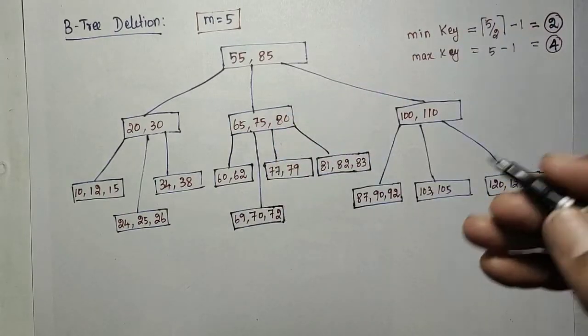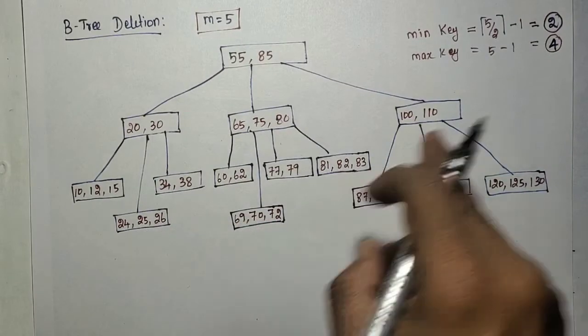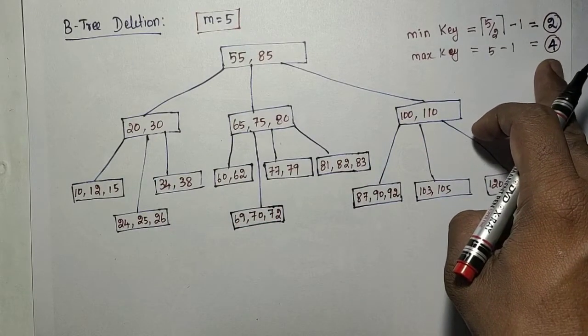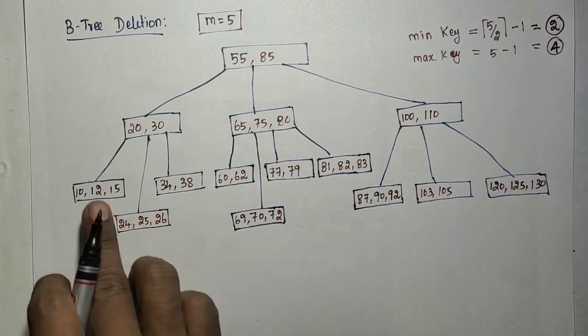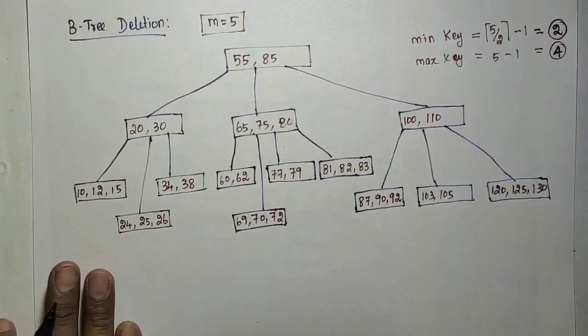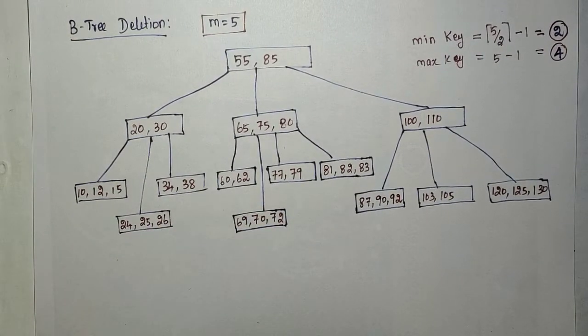If you want to insert, you can insert it. Similarly, every node can have at most four keys and at least two elements. That is how we have created this B tree. Now we are going to discuss how to delete element by element. There are many cases in the deletion operation. We'll discuss them one by one, but it is very simple if you understand.